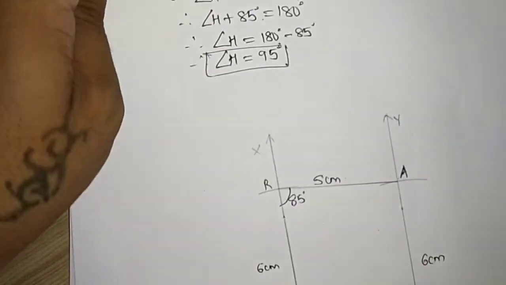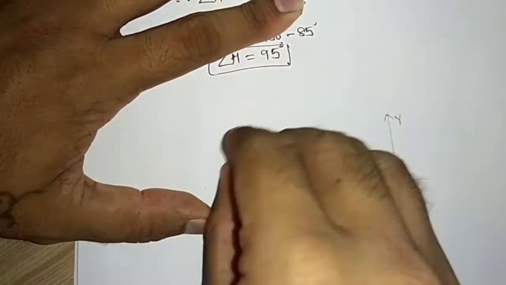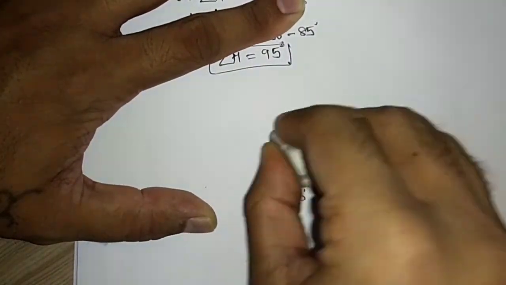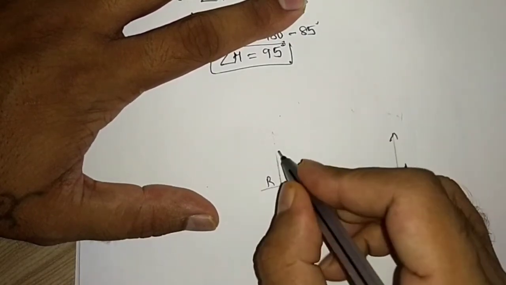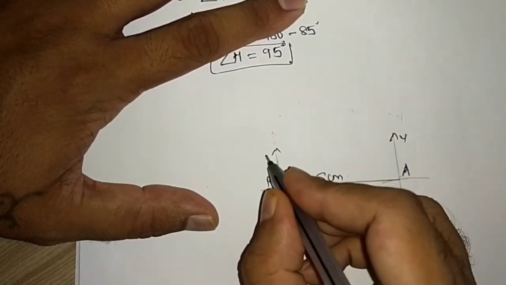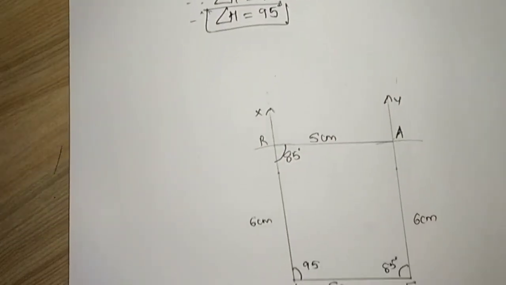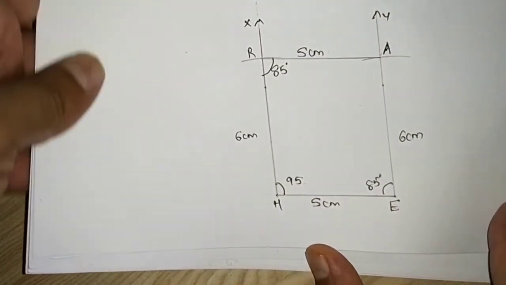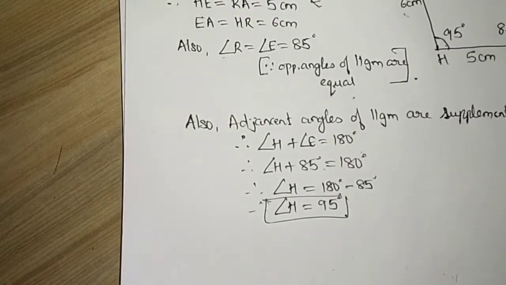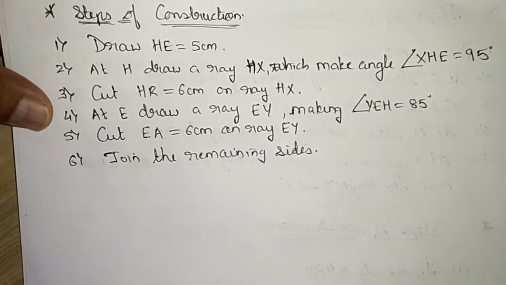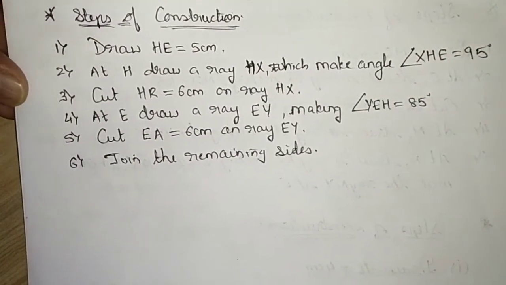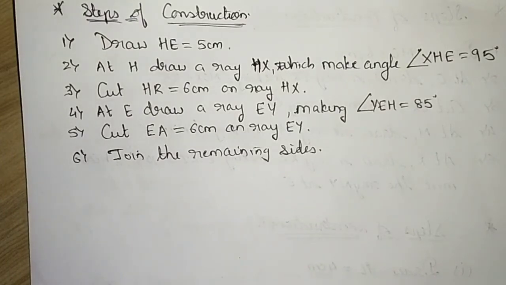We can erase this and make it short. First you will make it with pencil only, so that you can write after that with pen. Y and X. Now coming to the steps of construction. Let me show you. You can also write on your own. As you are drawing, you will write the same steps, or else you will copy this and learn it.